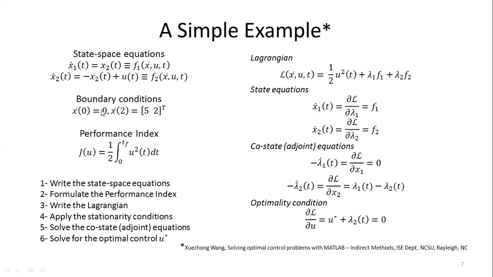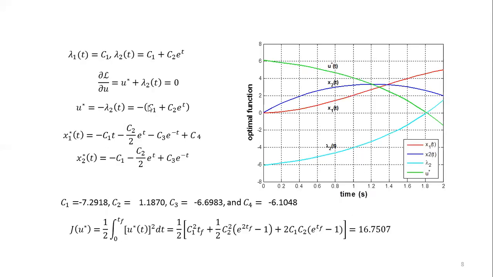I could also have attempted to use the transversality condition to get the adjoint functions, but it turns out that in this problem the initial and final are both given, and so that's not easy from the transversality conditions. So we apply the x1 and x2 4 boundary conditions to get the 4 constants c1, c2, c3, and c4,